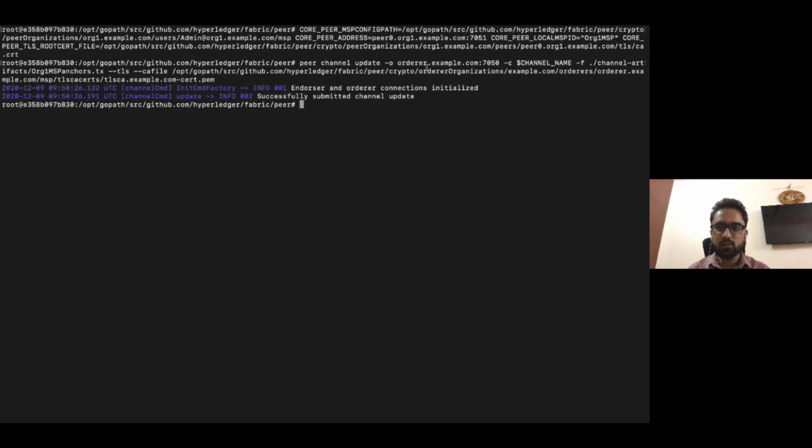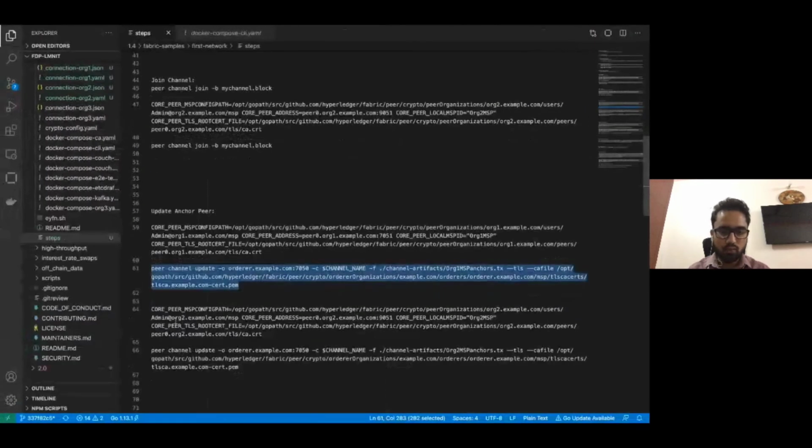Now this transaction is successfully submitted, and now the channel knows that peer 0 org1 is an anchor peer of organization 1. Similarly, we have to do it for peer 0 of org2.